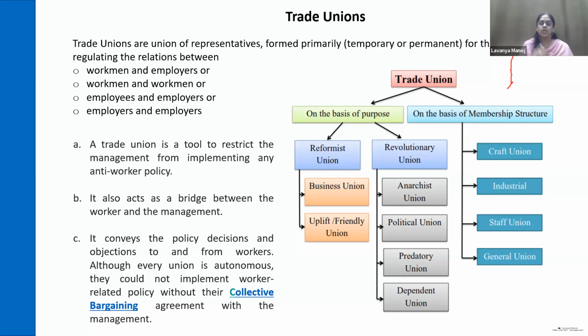That is staff union. General union is something like a teachers association, teachers union, autowalas union, engineers union, IT professionals union. We even have a union for beggars. Beggars union is also there, I think in Nepal, Nagaland, and Delhi. So these are general unions. All over the country there is one union for a group of people who are doing the same profession. These are the types of union.